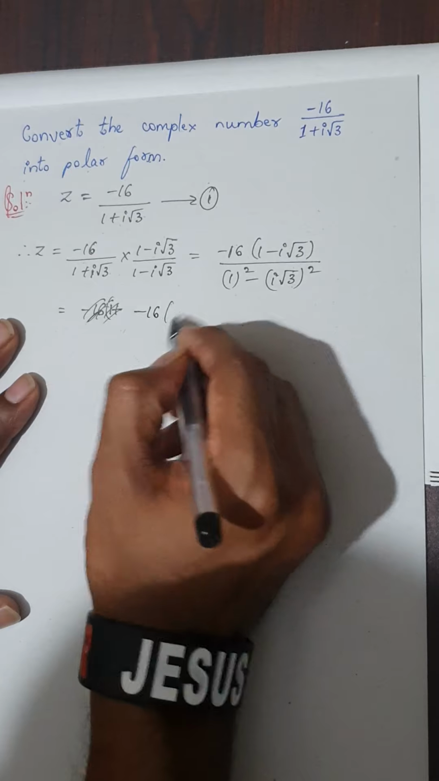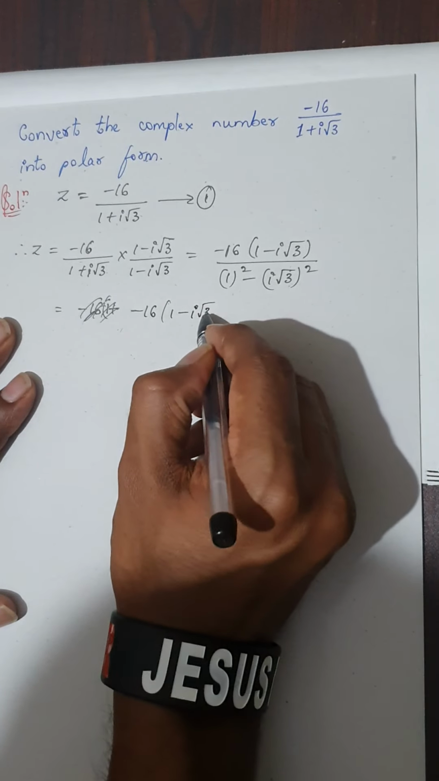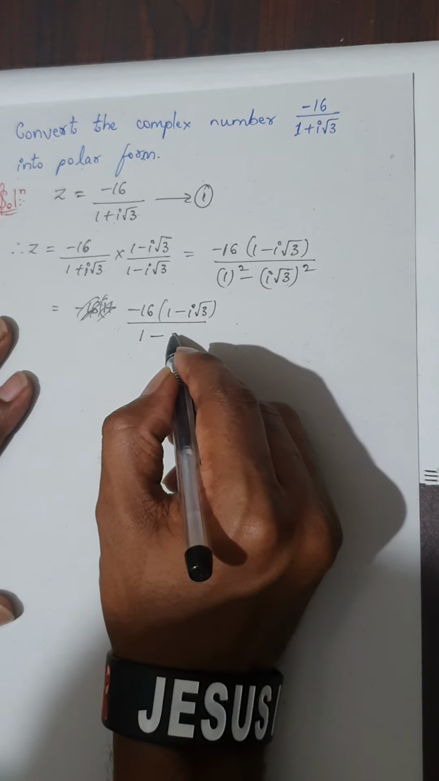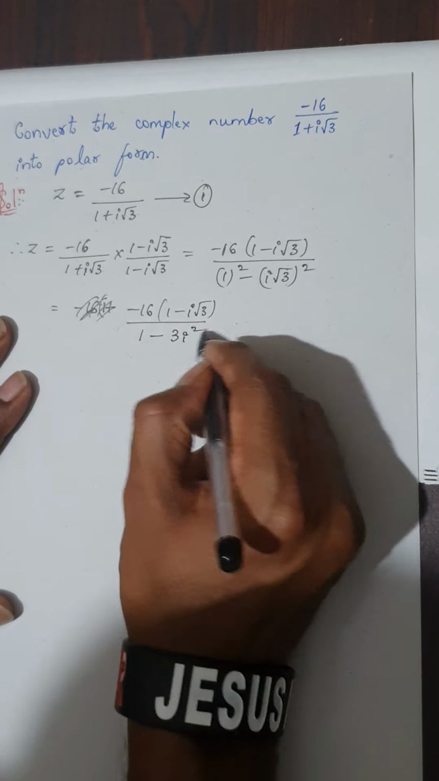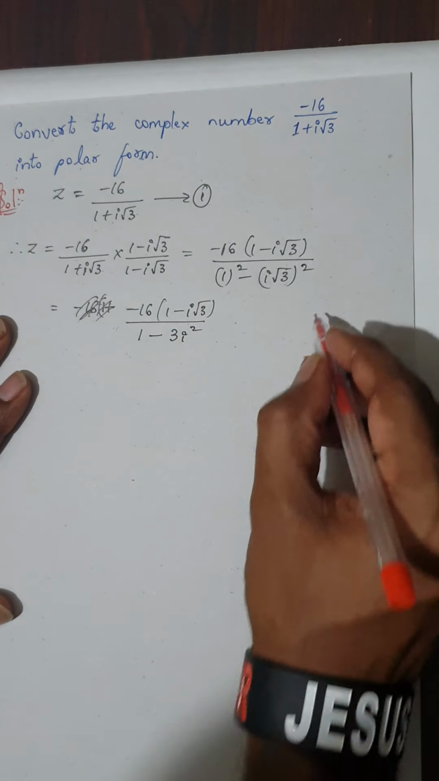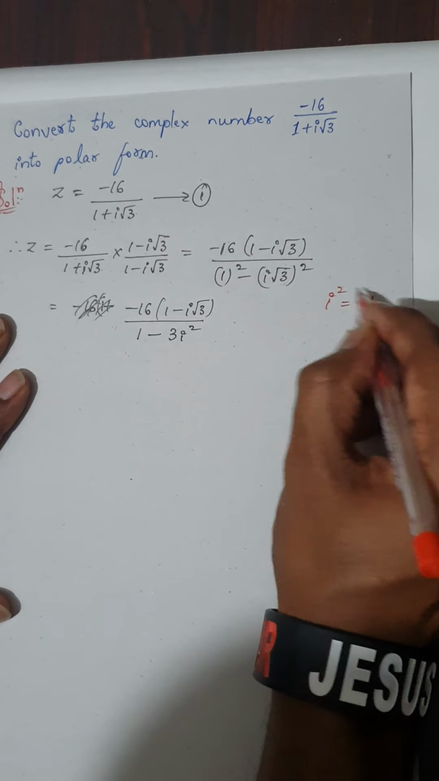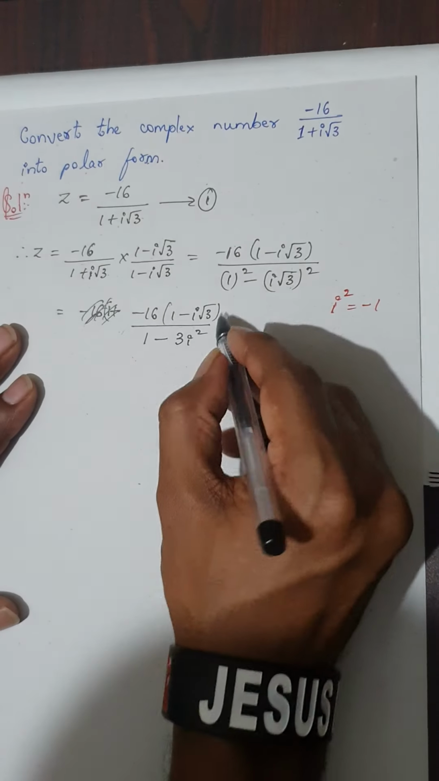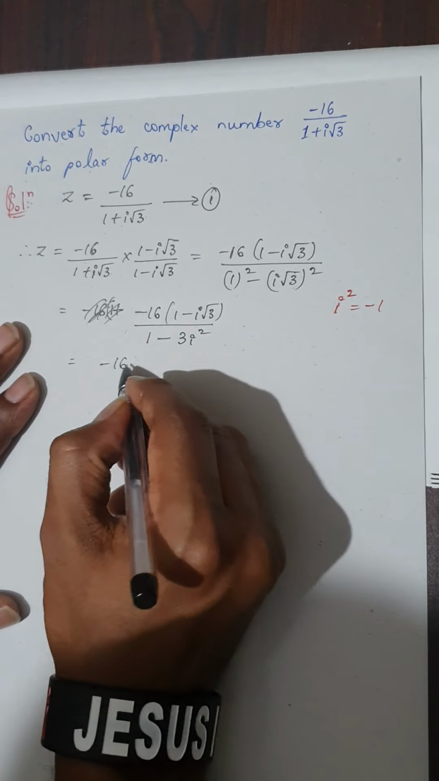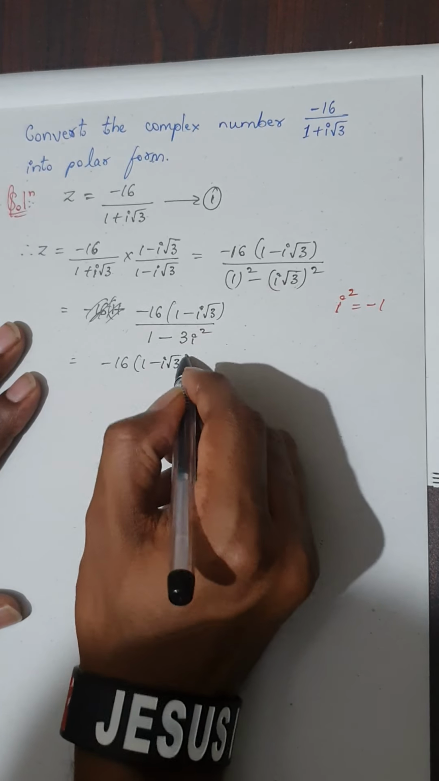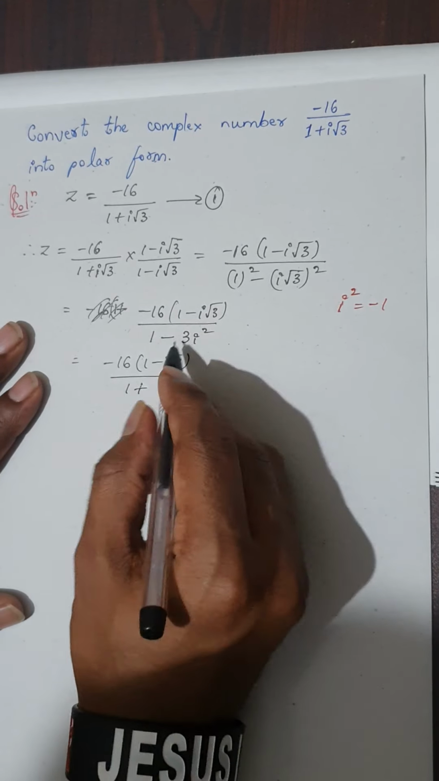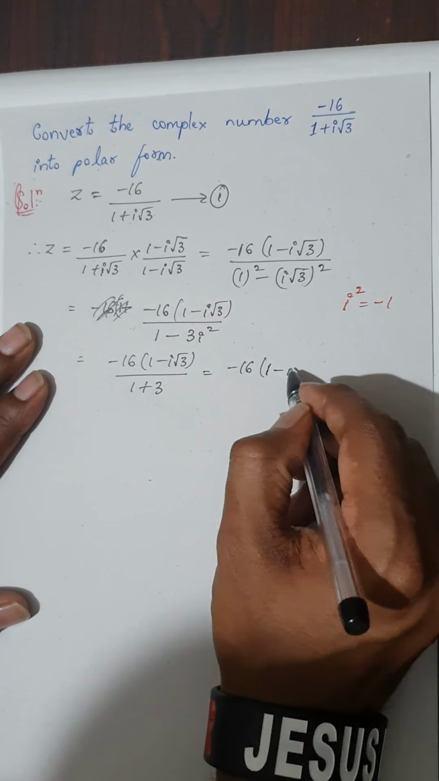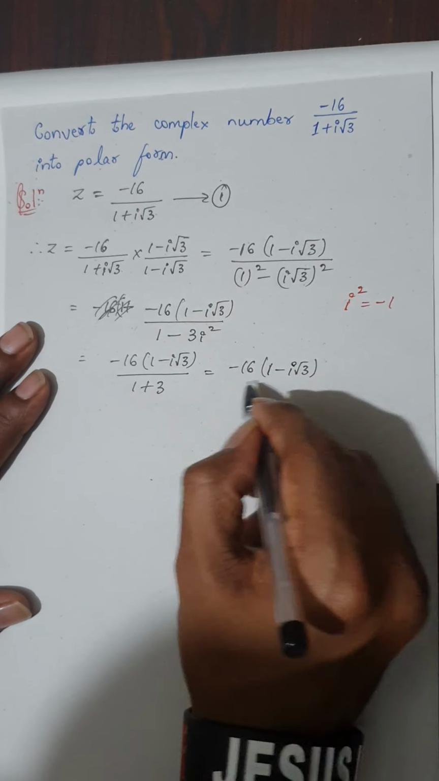So it is minus 16 into (1 minus i root 3) divided by 1 square is 1, minus root 3 square is actually 3, and it is i square. We all know the value of i square is nothing but minus 1, because i is root of minus 1, isn't it? So therefore you will get this as minus 16 into (1 minus i root 3) divided by, this becomes 1 plus 3. So this will become minus 16 into (1 minus i root 3) divided by